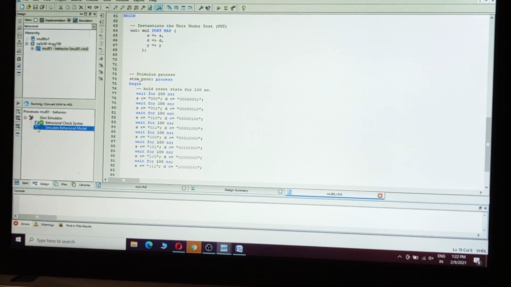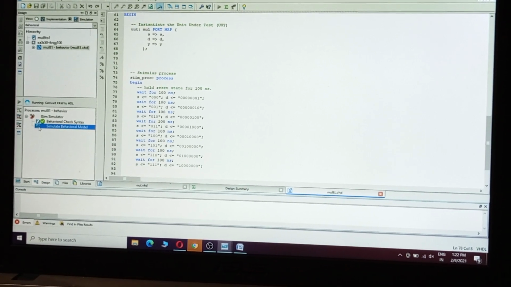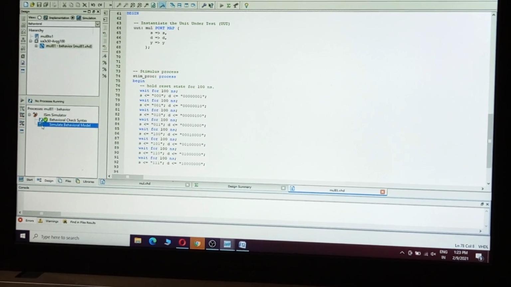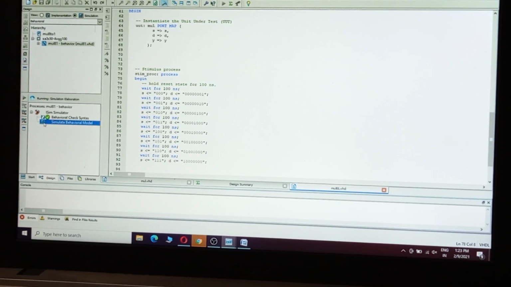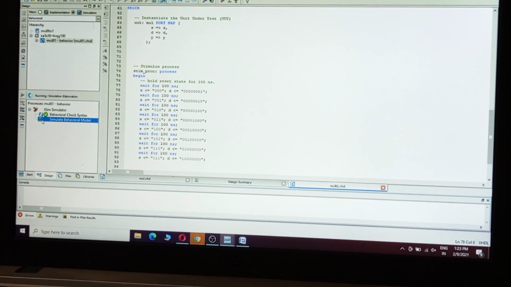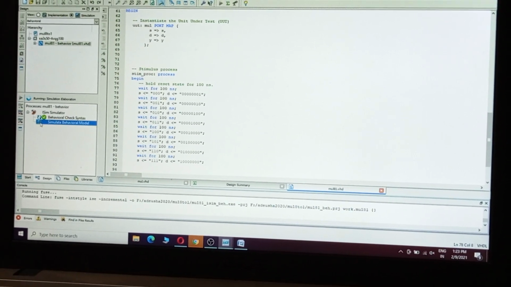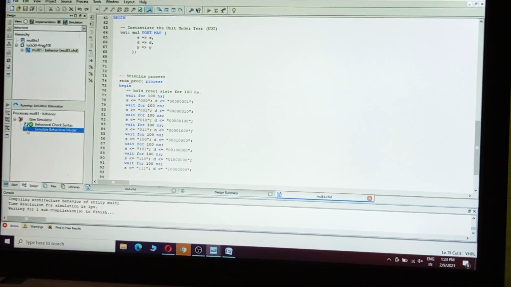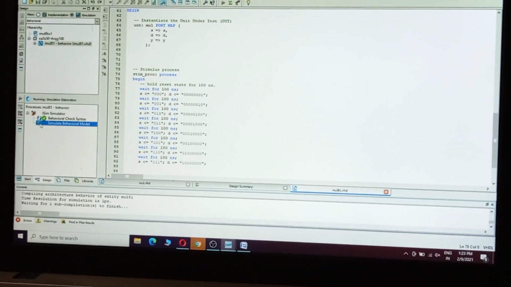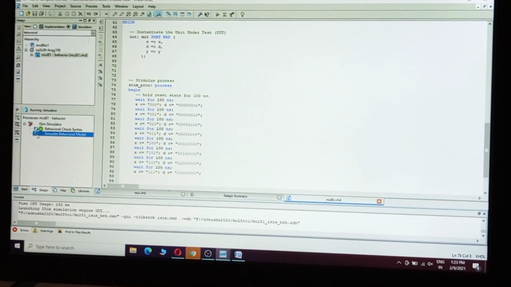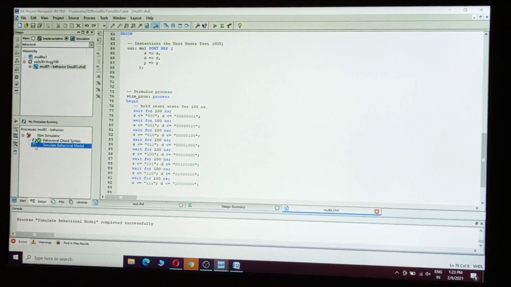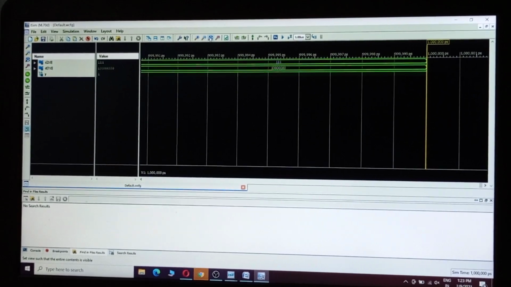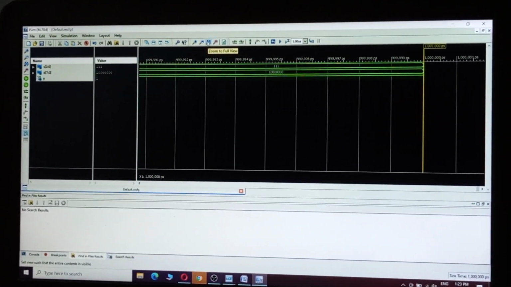Double click on simulate behavioral model. Now we'll see the output in iSIM simulator. Click zoom to full view.